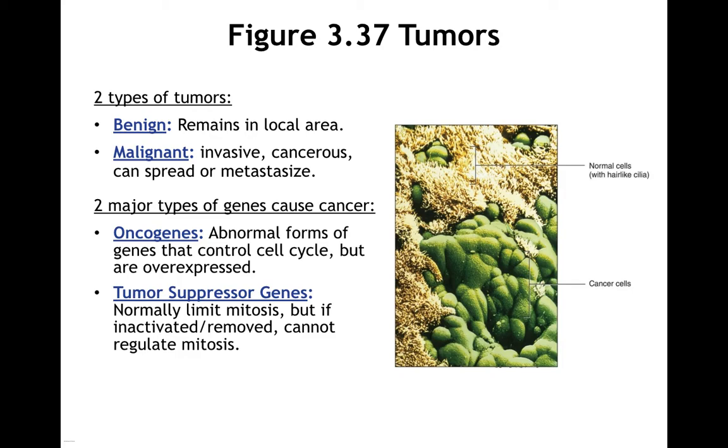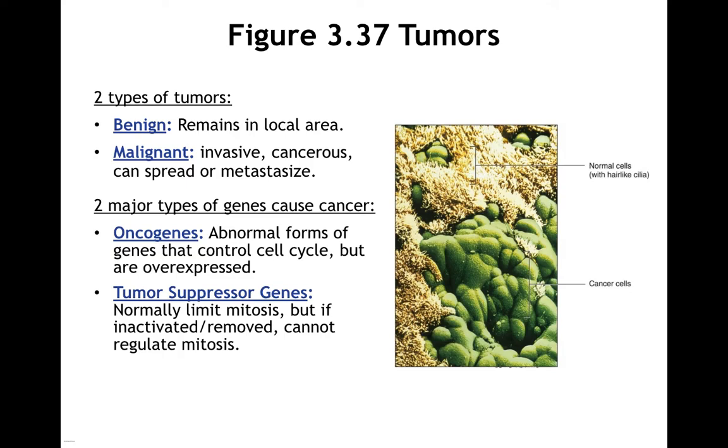There are genes we know that are associated with cancer. They are normal genes that, when mutated, cause cancer. And it takes a lot of mutations accumulated over a lifetime to get most cancers. Oncogenes are regular genes that control the cell cycle. When they become mutated and we lose control of the cell cycle, they become associated with cancer. Sometimes that's because they're overexpressed. Sometimes it's because they're always turned on when they should be regulated.